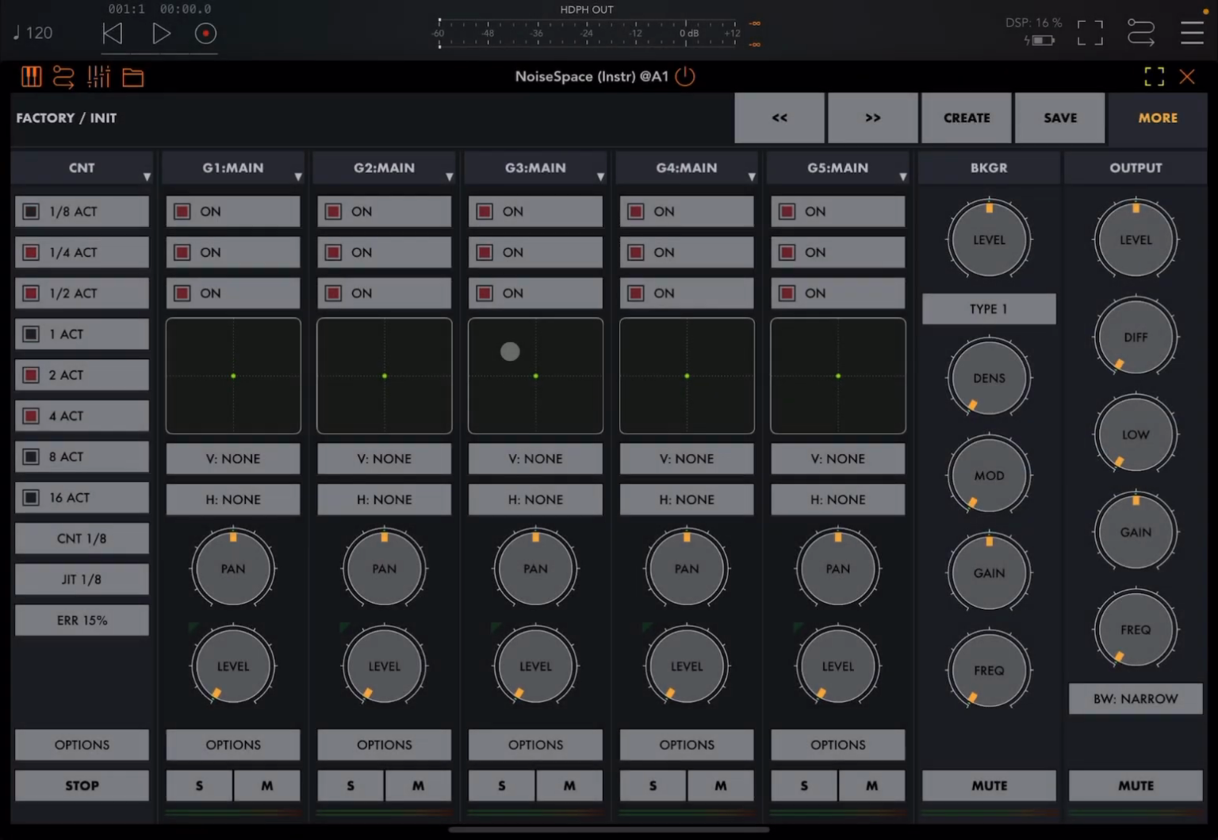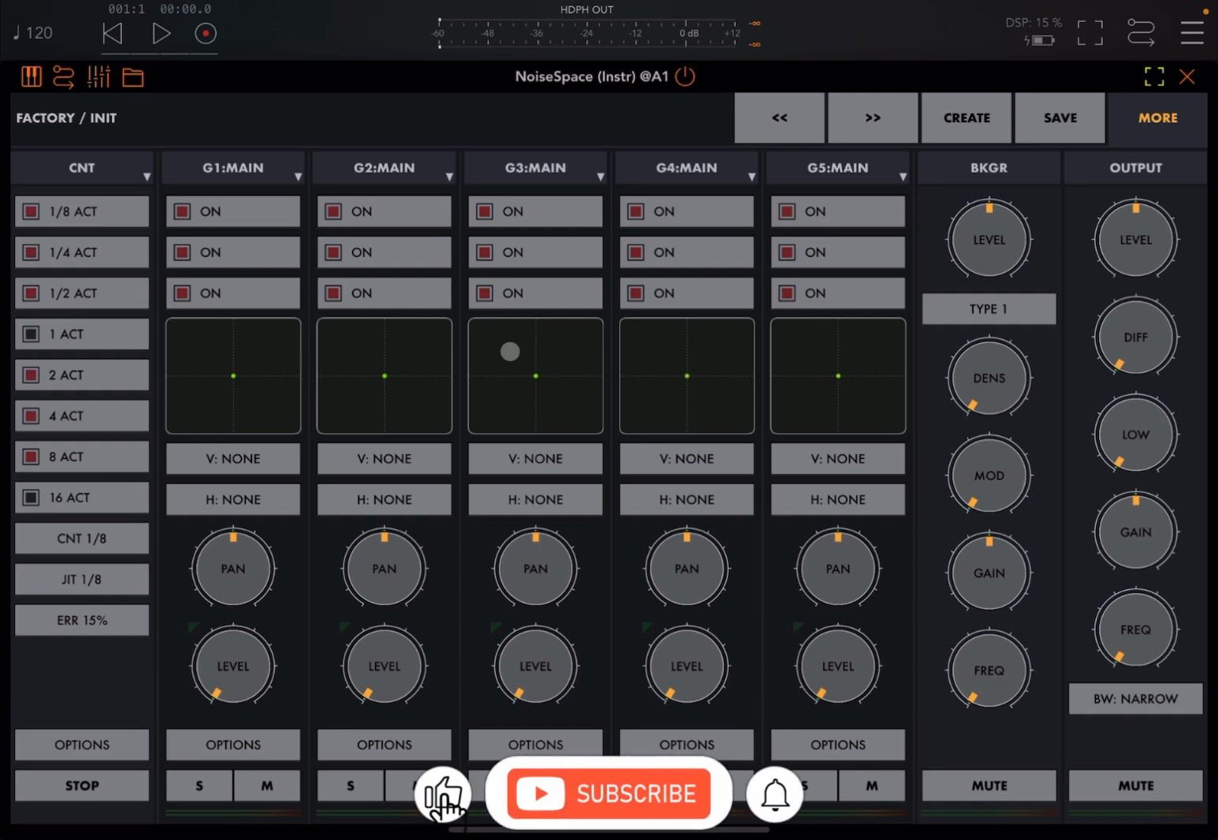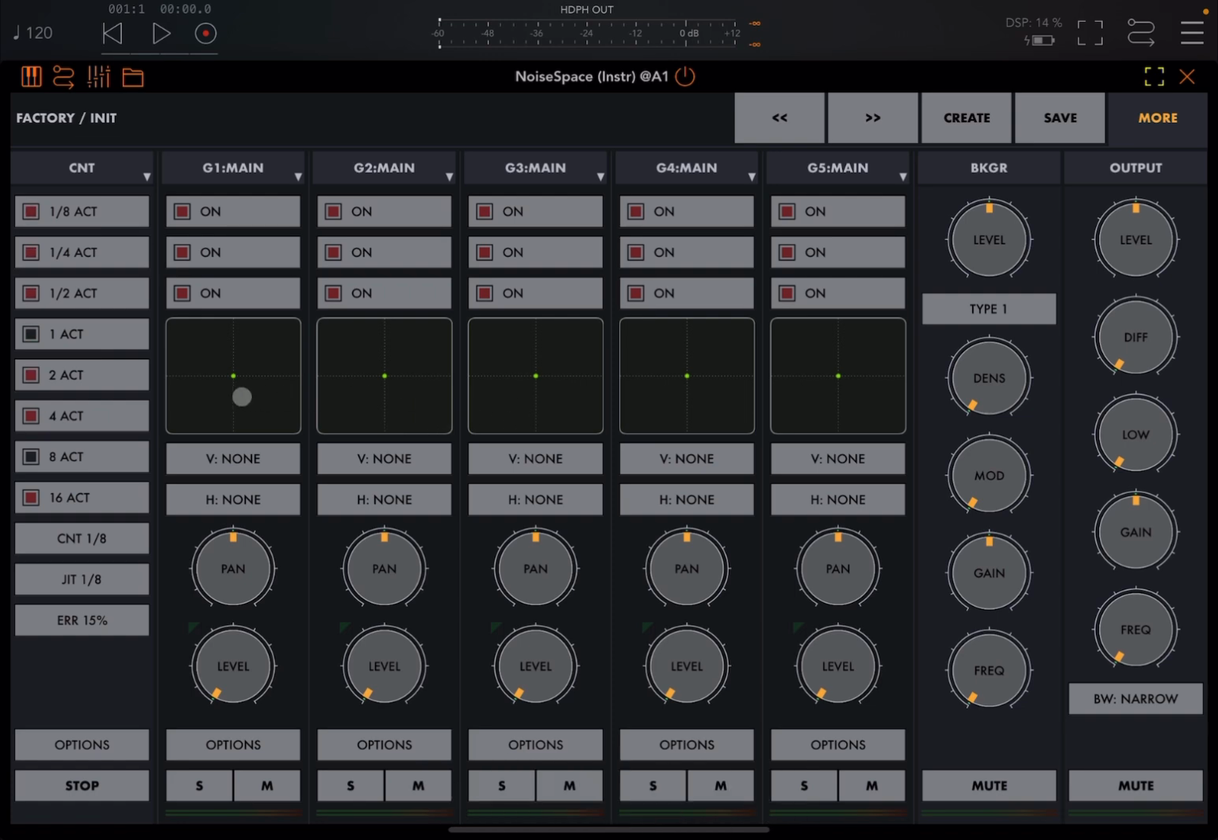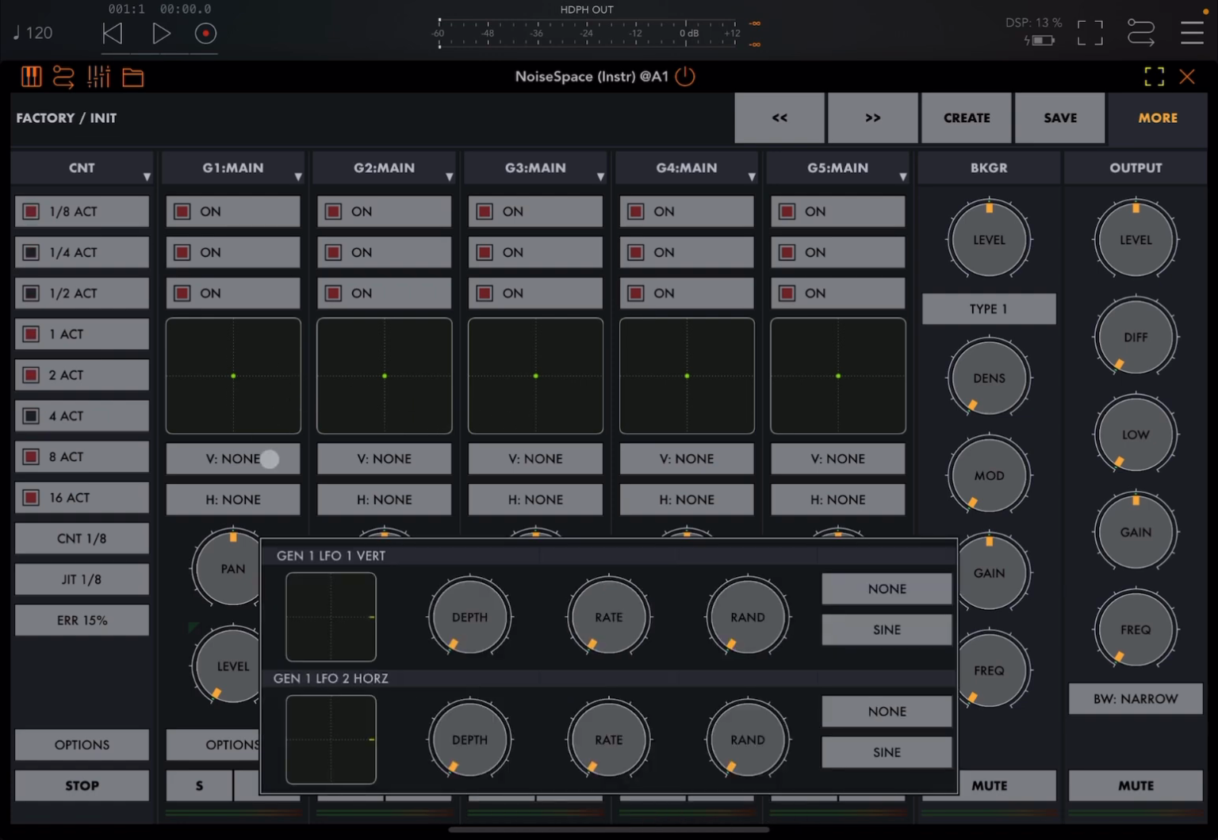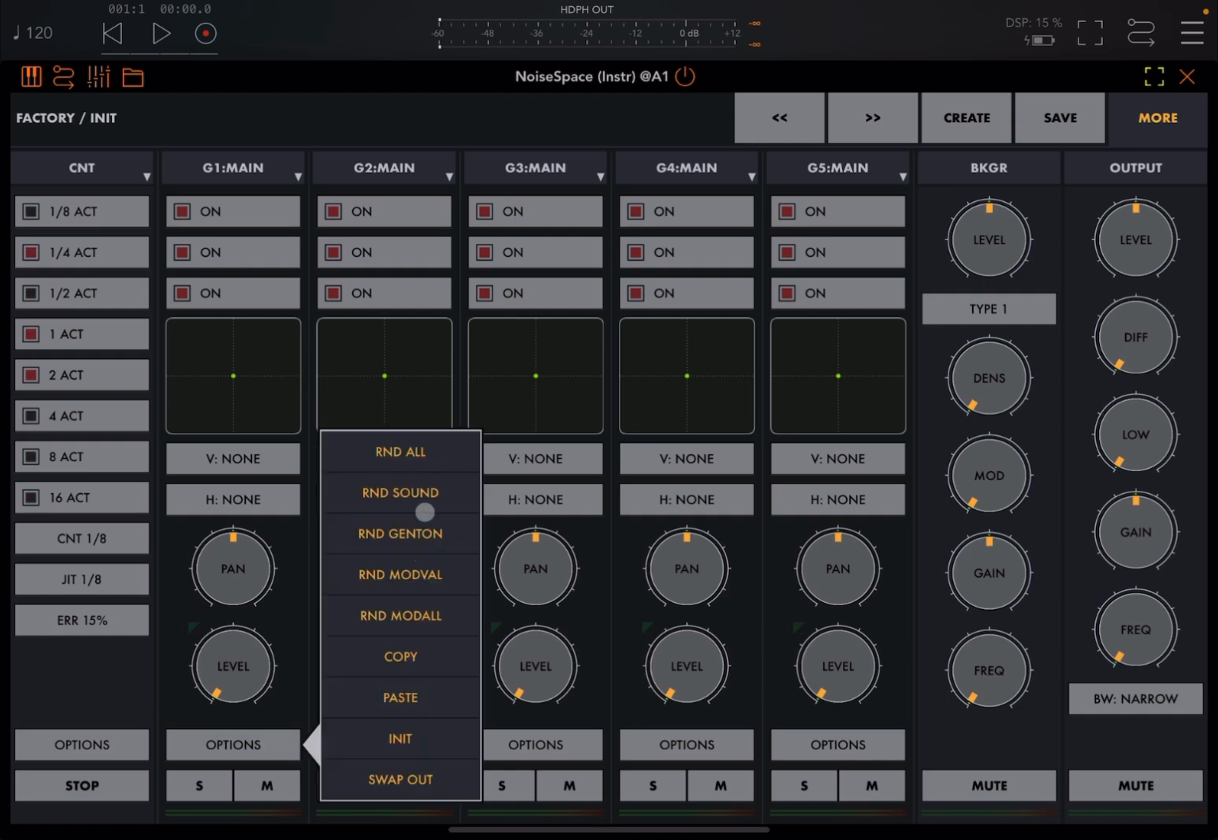Welcome back to the Sound for More channel, and welcome back to another tutorial on NoiseSpace. Today I have the pleasure to show you a little bit about the modulation, which you can see here, and then we are going to have a look at also randomization, and that is where the fun begins in terms